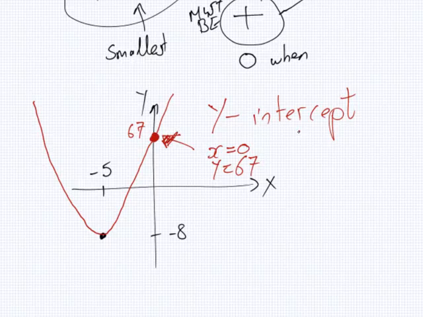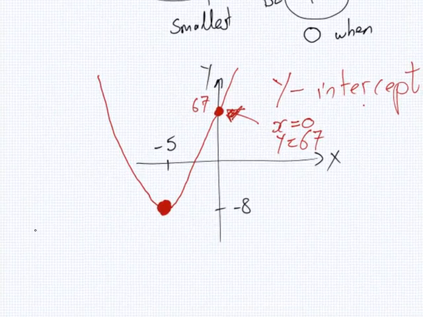Now here's a new name. The name for this. Well, maybe someone knows. What's this one called? Yeah, but it's a special point. What do you think it's called? Have a guess. Minimum. It's a minimum point. Yeah. So it has a few names. Let me give you some of its names. You can call it a minimum point.